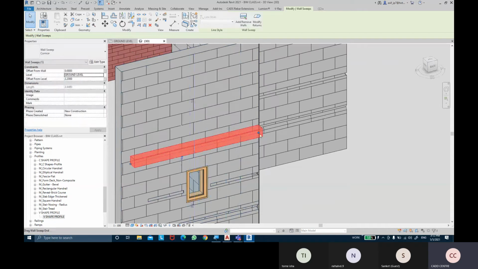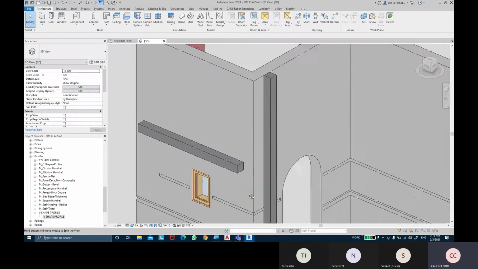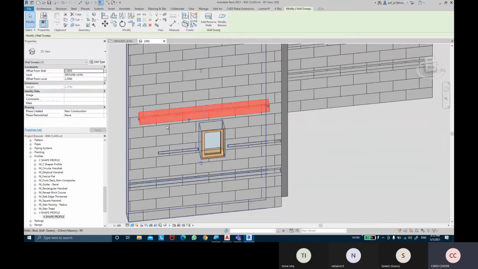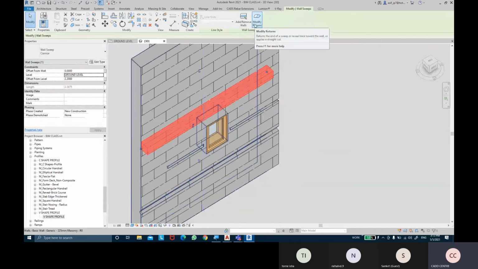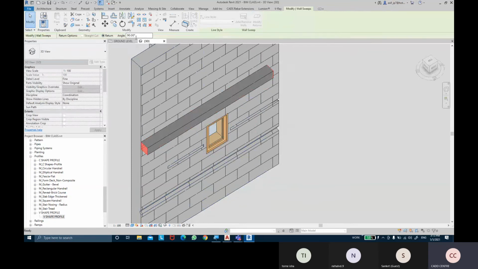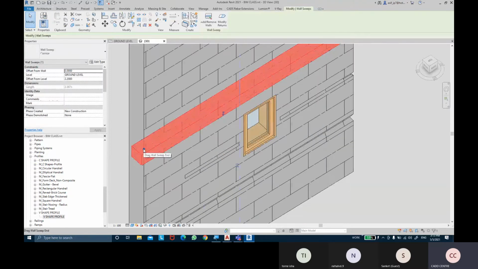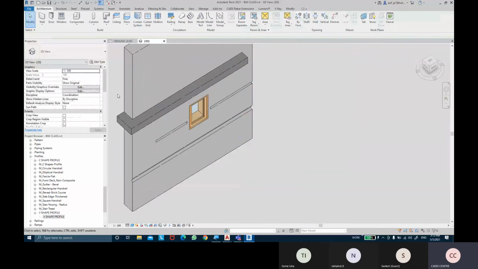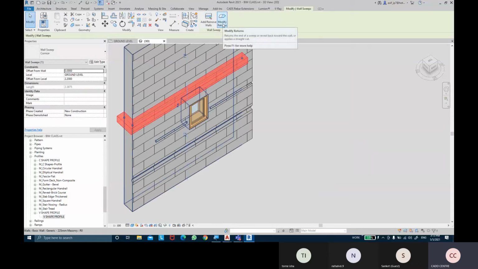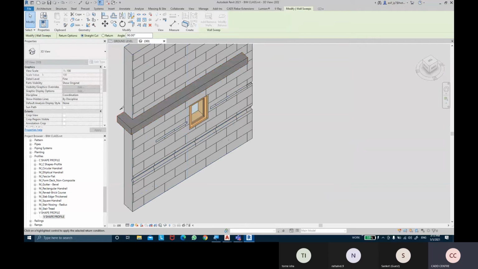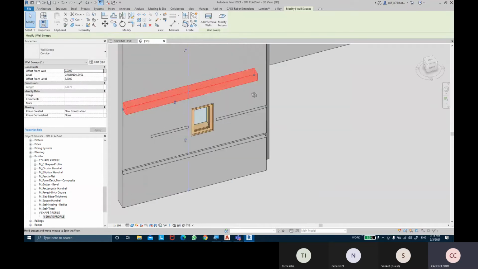Drag points to reduce the distances. Even I can use modify returns also here. So if I take modify returns and return it at 90 degrees, keep it at the end, now it's gonna go to that point. I can drag this point all the way till here, so it's gonna come there. And if you don't want it to be on a straight cut, we can use modify returns, take a straight cut, click on the end of that profile, and it does a straight cut.